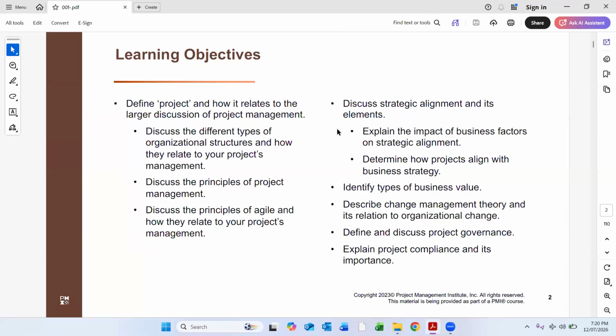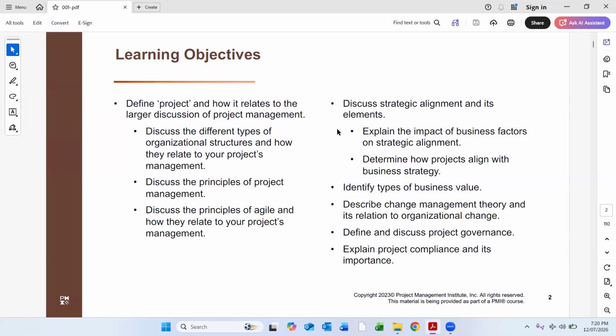What are the learning objectives? You will know the definition of a project and how it relates to the larger discussion of project management. We will discuss the different types of organization structures and how they relate to your project management. What are the principles of project management and principles of agile? Because nowadays, agile is also part of these PMP courses, and how they relate to your project management background.